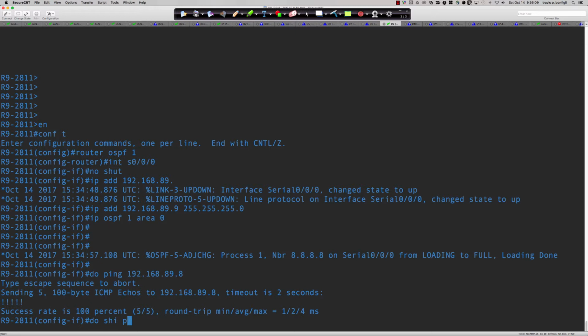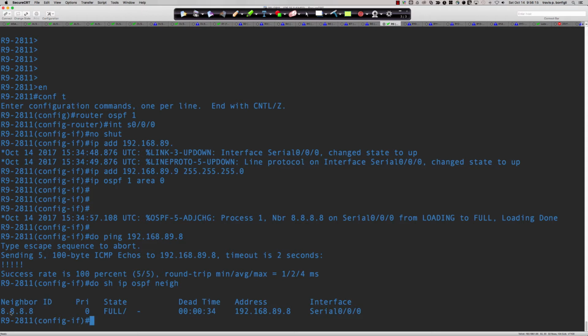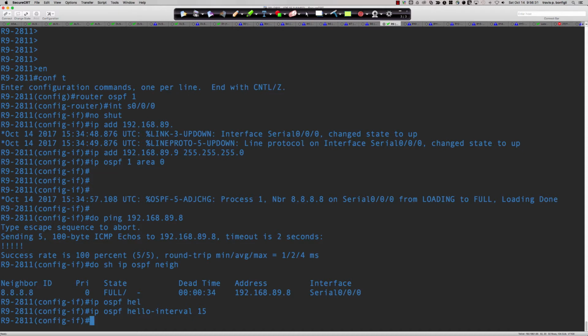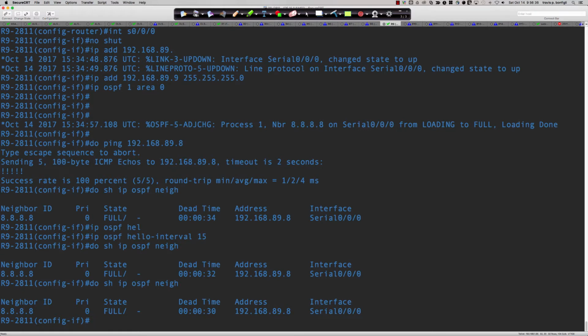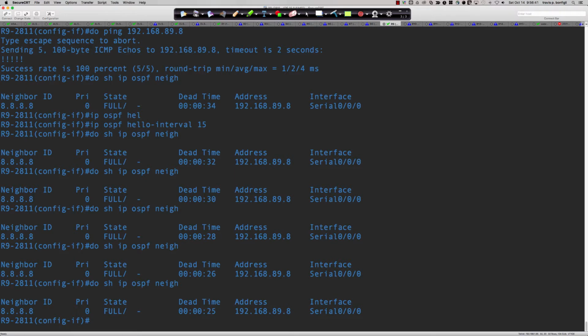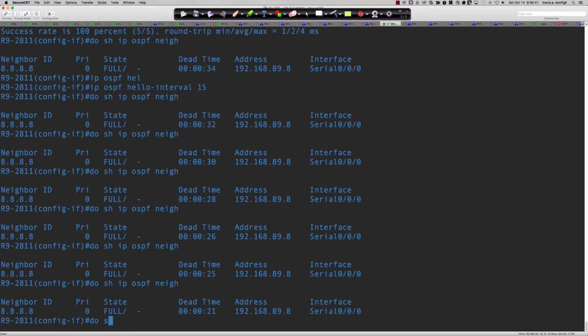So if I was to do show IP OSPF neighbor, you can see that the adjacency on router 9 is with router 8, and it's out this serial 0/0/0 interface. So very similar to what we're looking at right now. So now let me go ahead and say IP OSPF hello interval, and we'll change that to 15. Now, when we rerun that show IP OSPF neighbor, take a look, we're at 32, we're at 30, and now we begin the countdown to extinction